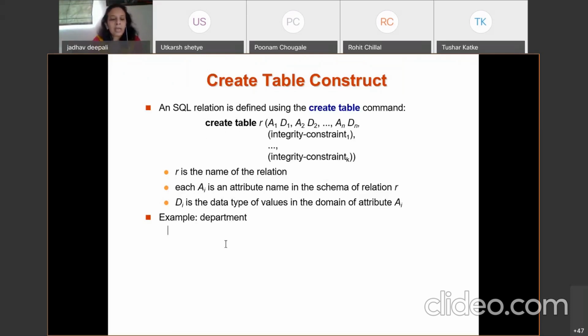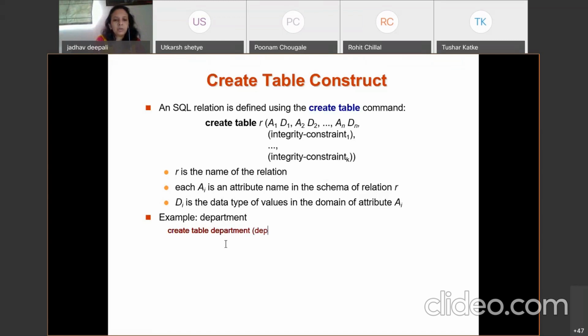So I write here create table department. What are the attributes of department? You need to remember the university database. The attributes of department are department name, building and budget. These are the only three attributes in the department.